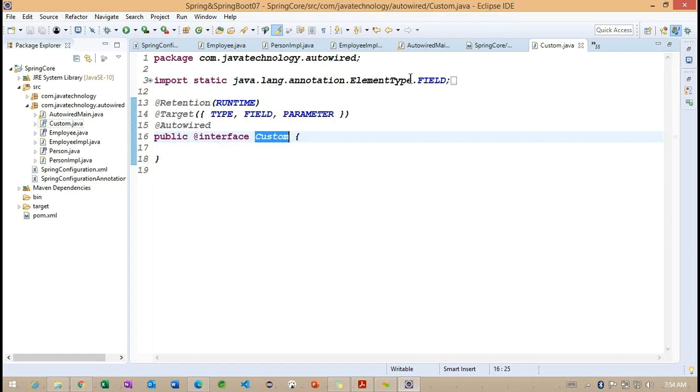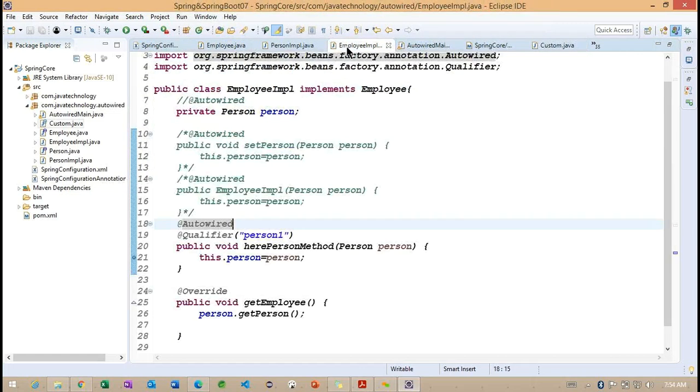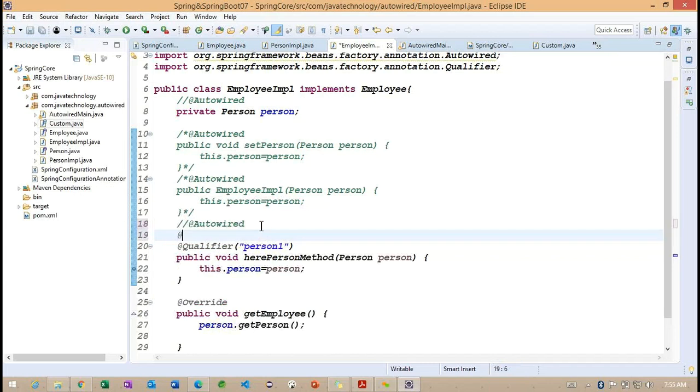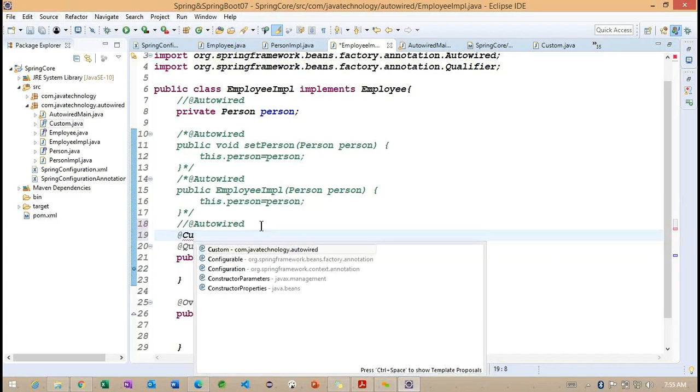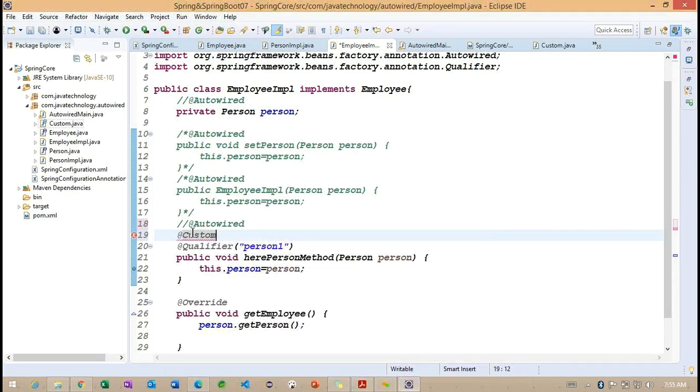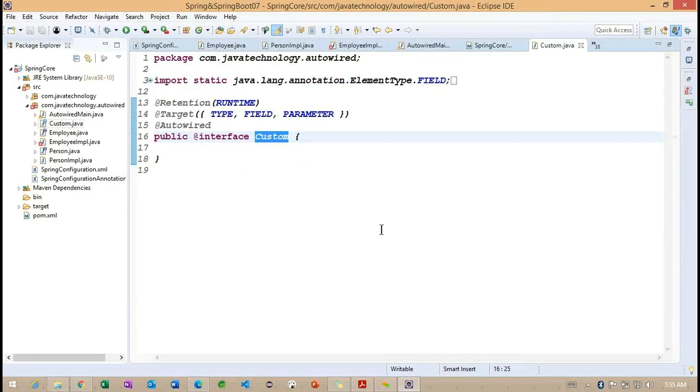Now you can observe what I am going to do. Inside this employee class, I'm not going to work with Autowired here. I'm not going to work with Autowired. I'm simply going to work with the custom annotation. Let me save here. Okay.